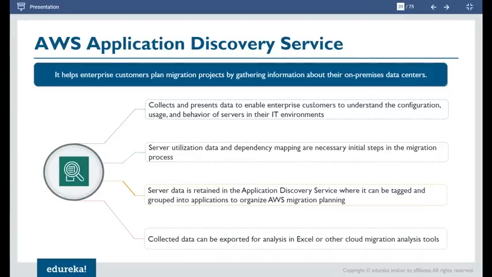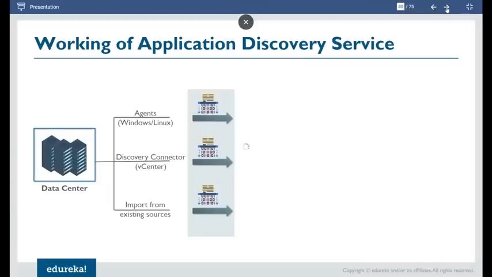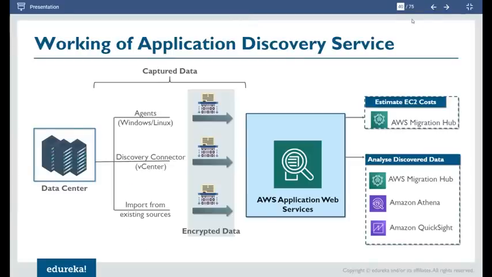All the information is pulled, analyzed and presented to you. That is what your Application Discovery Service will do. Now understand how it does this. It pushes some agents or a discovery connector, or it will import from existing sources, do the analysis and show it to you on the Migration Hub.